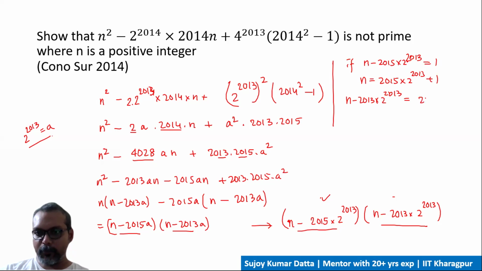So that is going to be 2 times 2 to the power 2013 plus 1. So that will be 2 to the power 2014 plus 1, which can be written as 2 to the power 1007 squared plus 1 squared, which can be thought of as,